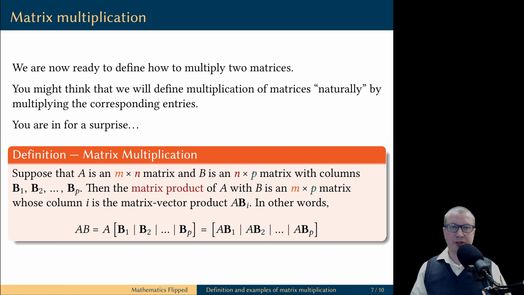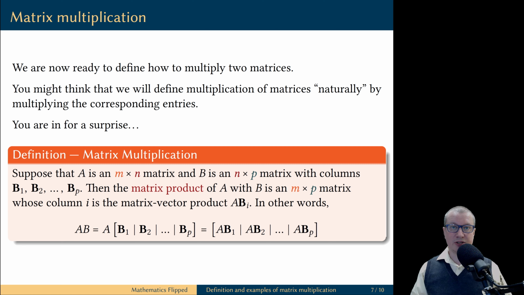Suppose we have a matrix A of size m by n and a matrix B of size n by p. In order for the multiplication of the two matrices A and B to be defined, the number of columns of the first matrix must match the number of rows in the second matrix. Visually, you recognize this criterion as follows. If you write the size of the first matrix and then right next to this you write the size of the second matrix, the inner indices have to match.